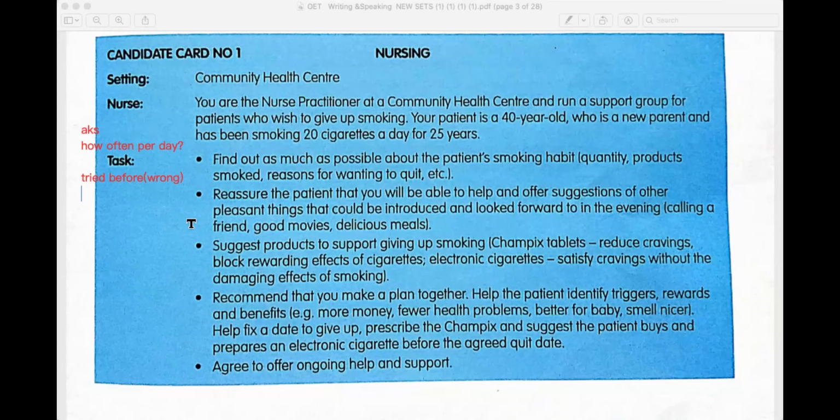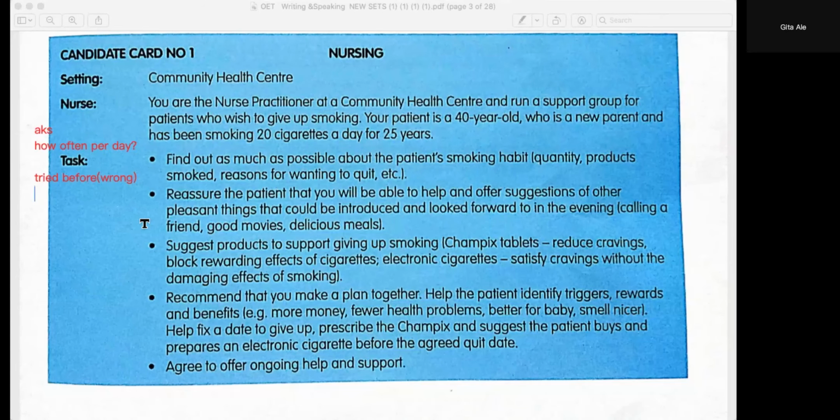Okay. Keep going. Miss Mary, have you ever tried to quit smoking? Sorry, to give up smoking? No, I've not tried. Actually, I enjoy smoking. Usually, when I'm at work, I feel like smoking one or two or three cigarettes during the day, especially after the lunch, and in the evening after I return home, especially after the dinner. It feels very relaxing to smoke. Actually, I like to smoke. I enjoy smoking.